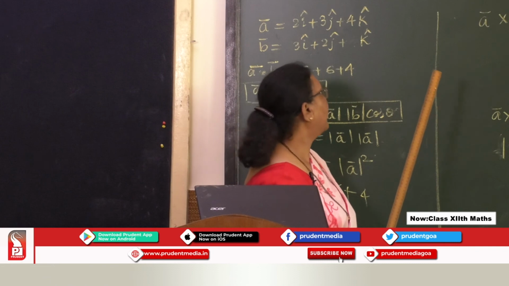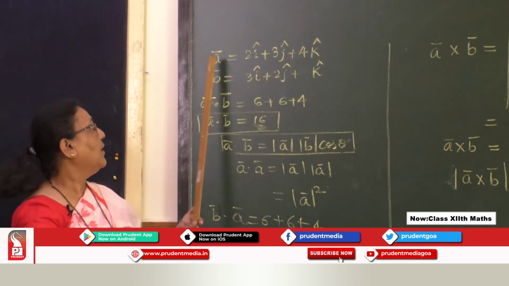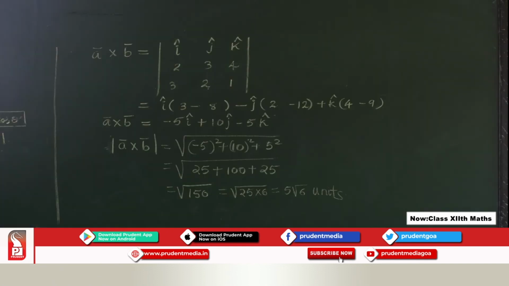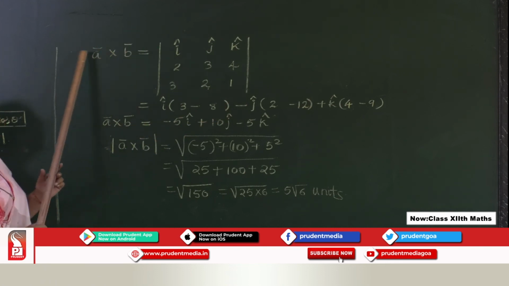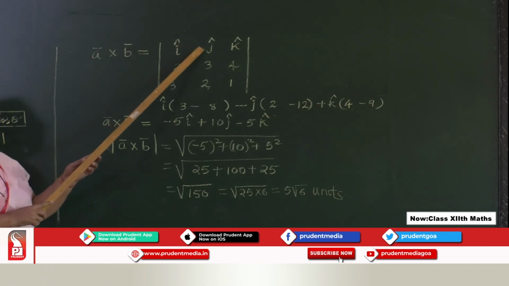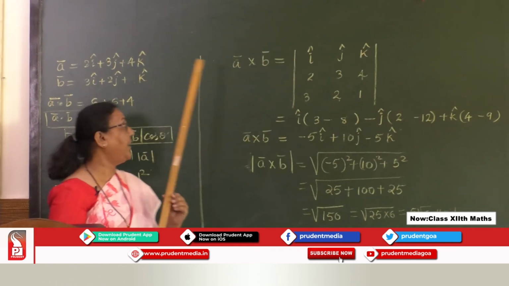See, there are two vectors here. I have taken two vectors. Vector A bar is given by this and vector B bar is given by this, 3i plus 2j plus k. Now when we take the dot product, we multiply like this and we get a scalar answer. Now in cross product, we have to take the determinant. This is called a determinant. This is a method to find the determinant. First you write the unit vectors along the x, y and z axes, that is i cap, j cap and k cap. Then you write these numbers